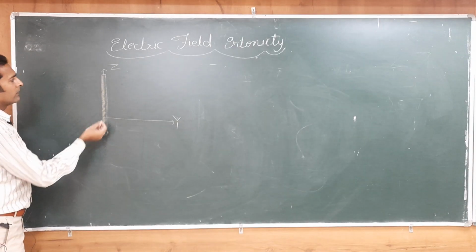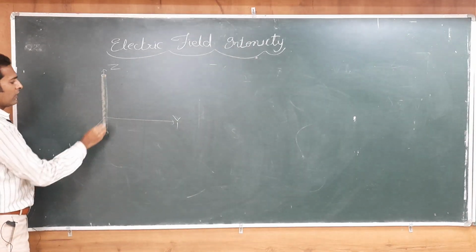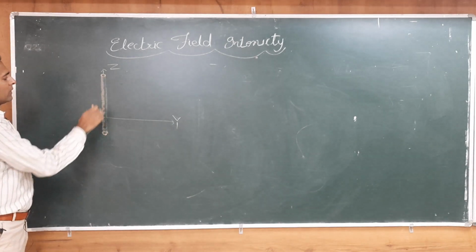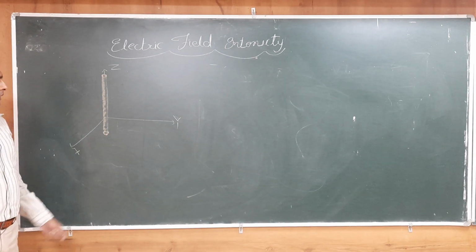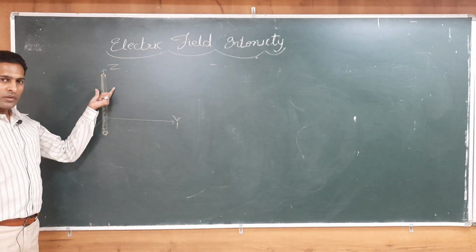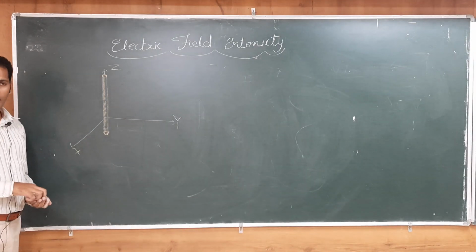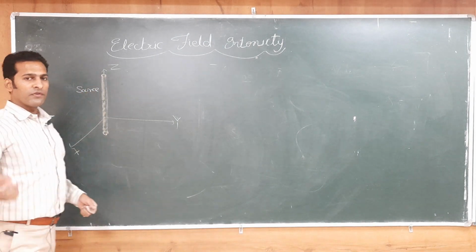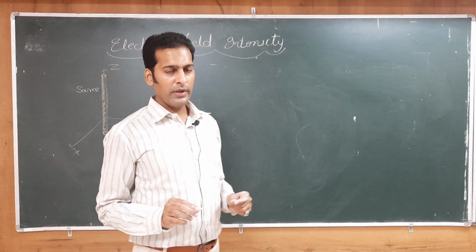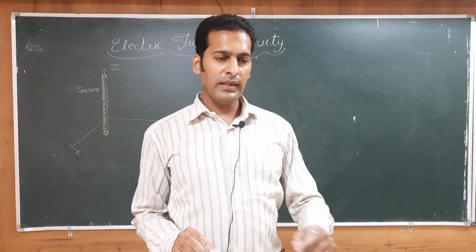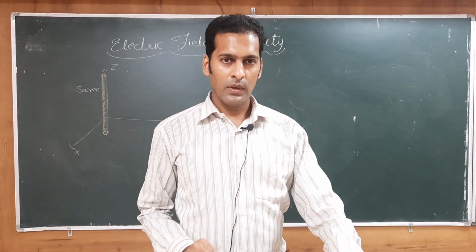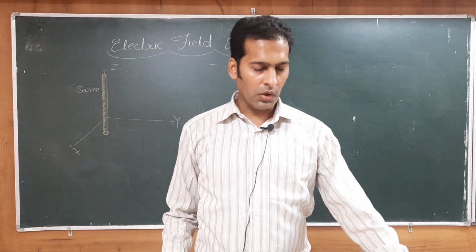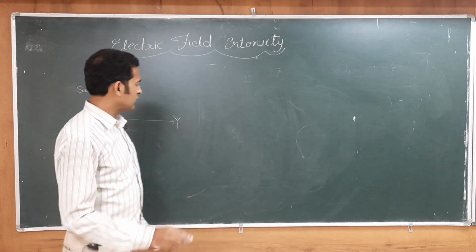Say this is the z axis, and I am putting one wire on the z axis, of some length L. This conductor is the source. So we will call it the source that is applying force on some reference point. We have to consider a reference point, and we will consider that it is available on the floor. So on the z axis we have our conductor, and on the floor we have one charge.